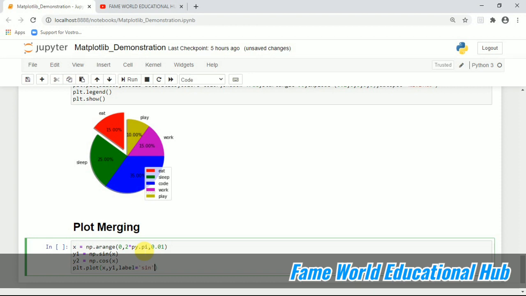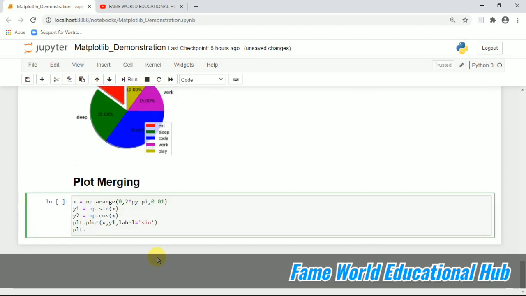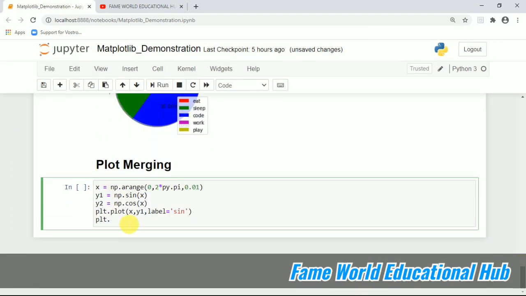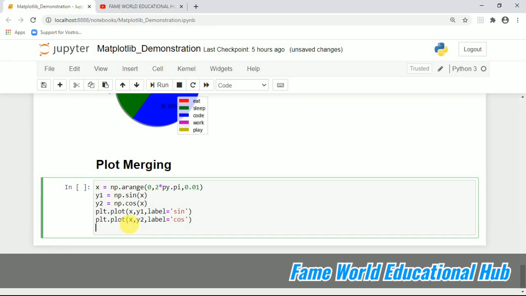I'm giving it sin with label sin, and plt.plot, and here I'm passing the y2 variable, with label equal to cos. Sin and cos I have taken.